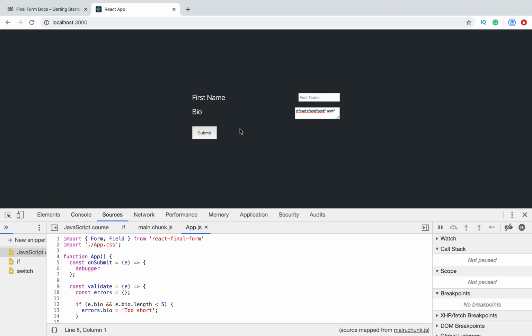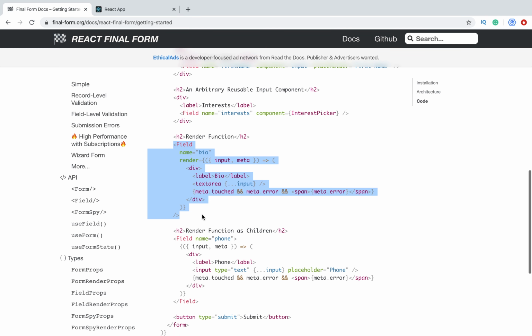So as you see, validation works as we expect, and it was with minimum effort. Also, when we have some error, we do not handle submit, so we don't send this event. So validation was implemented pretty easy with minimum effort. The next one, what I want to show you,